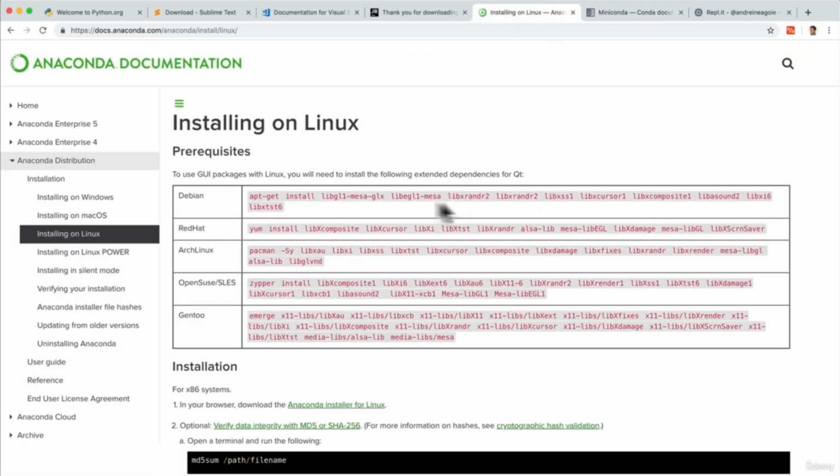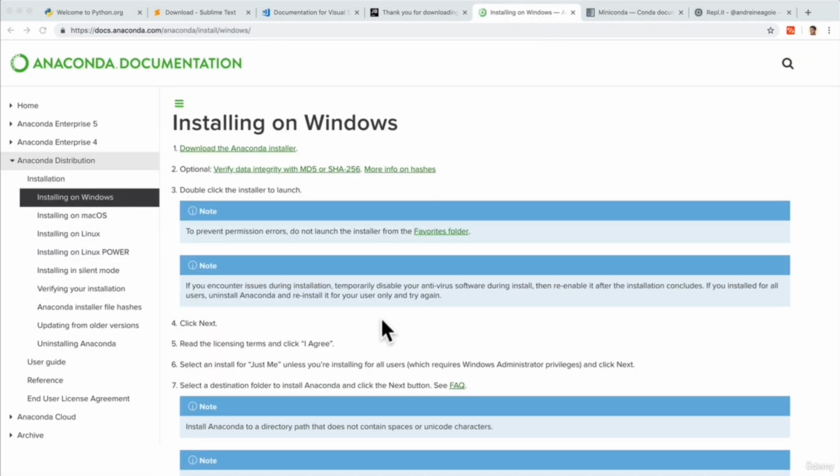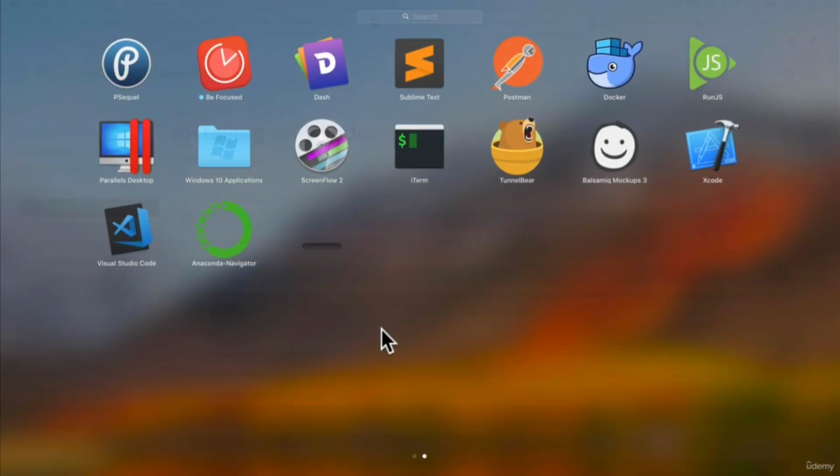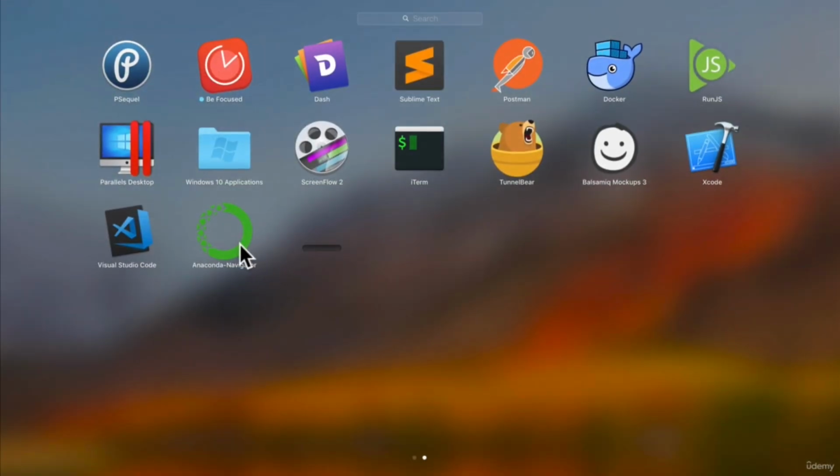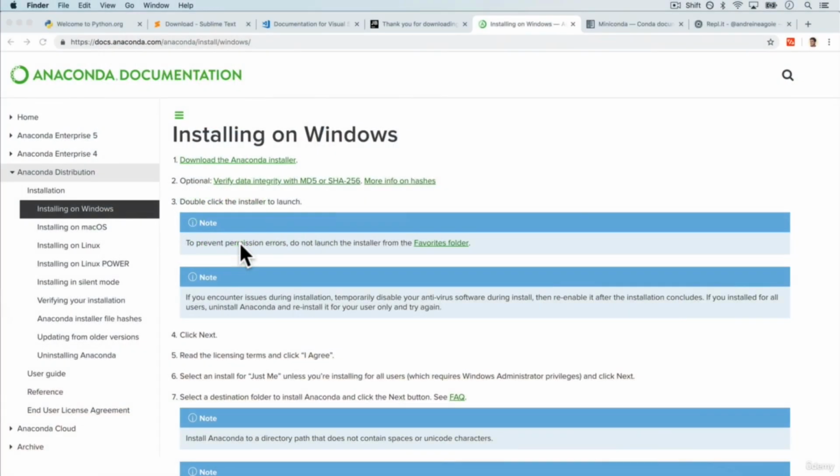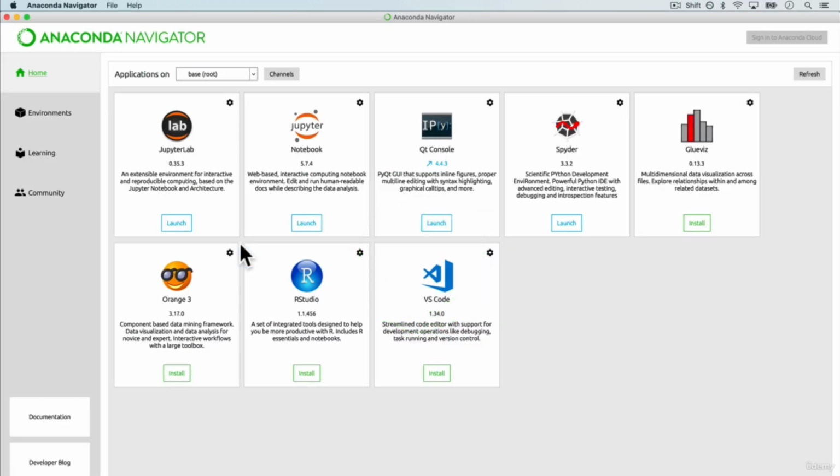Now, let's say you've installed Anaconda. You should have it in your applications right here. All you need to do is simply click on it, and it's going to launch Anaconda for you. Now, it might take a little while to get everything set up, but once it's on,